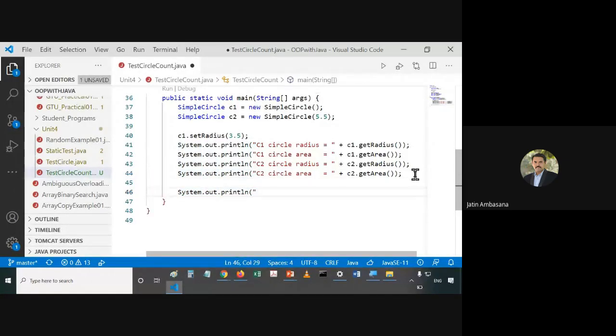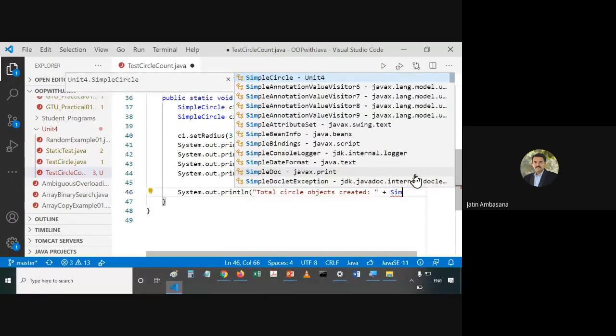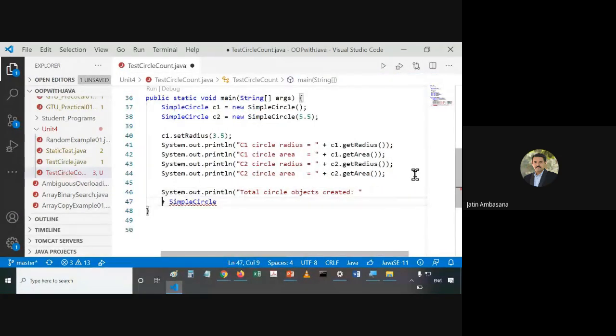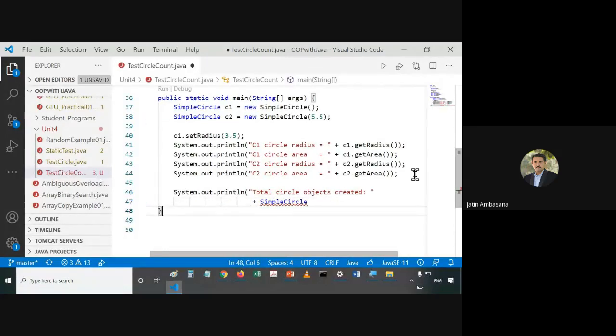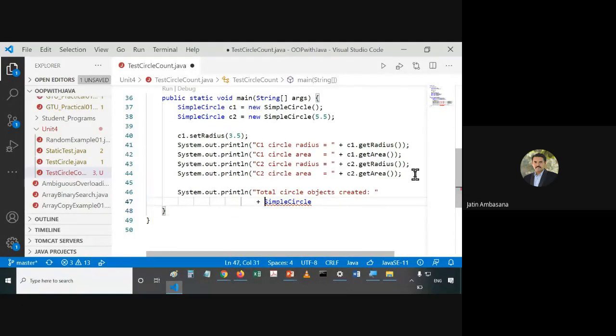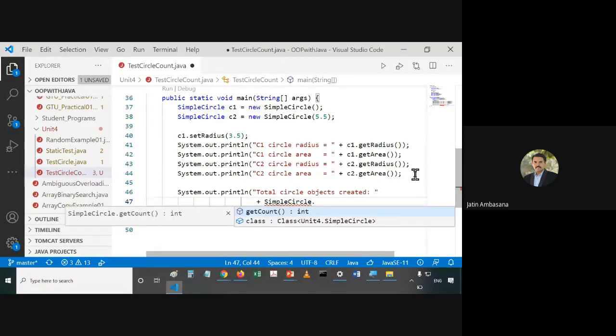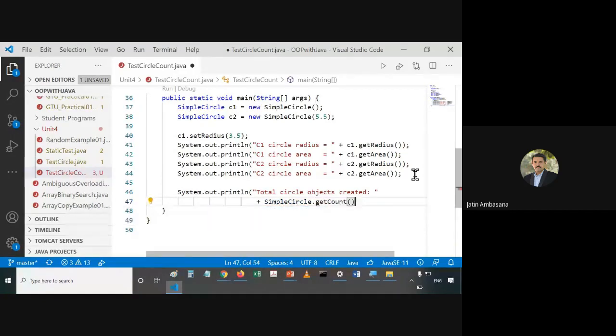We will say total circle objects created are, and we concatenate to it SimpleCircle.getCount. You can say SimpleCircle.getCount.